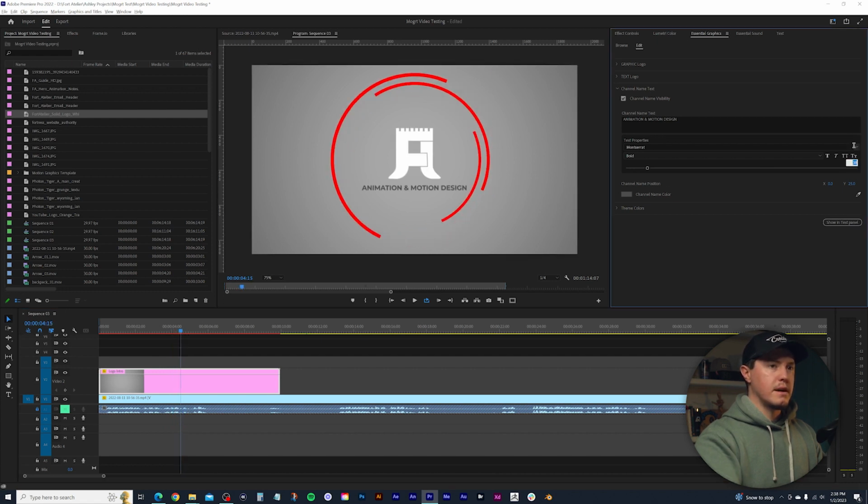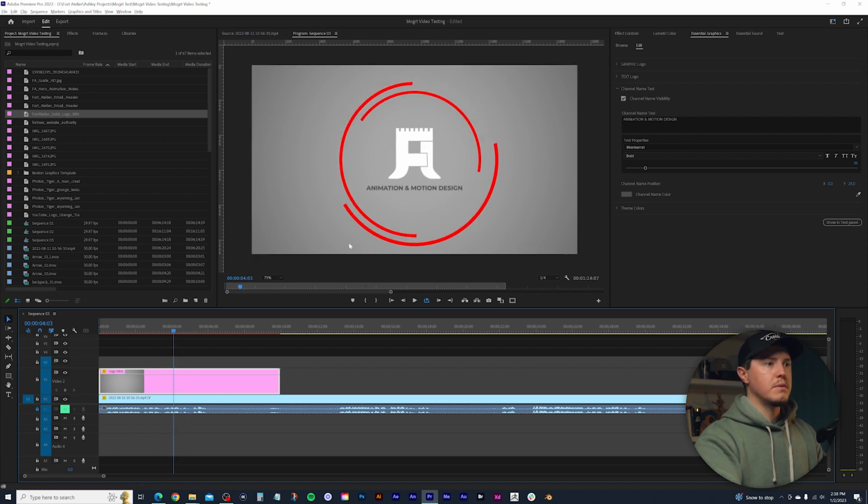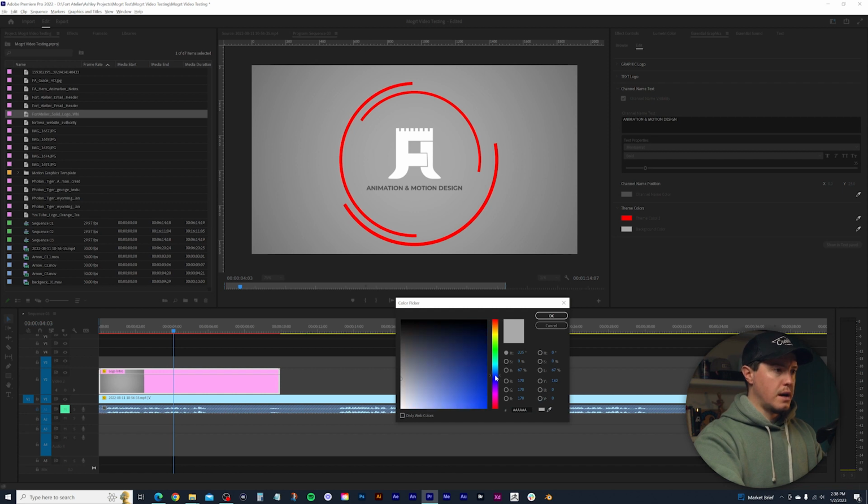And I might take it down just a little bit, just so there's a little bit more negative space between the text and these rings. All right, so now let's go ahead and make the most drastic change of all, and that's going to be by changing the color of this. So let's open up our theme colors down here, and I'm going to change our background color, and I'm going to go with something that's just kind of dark blue,